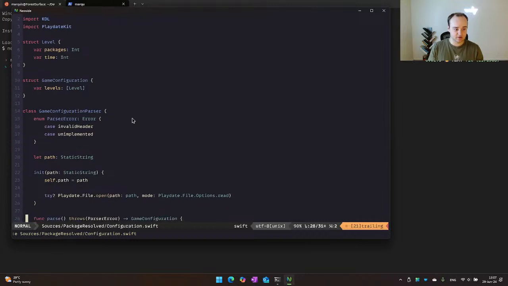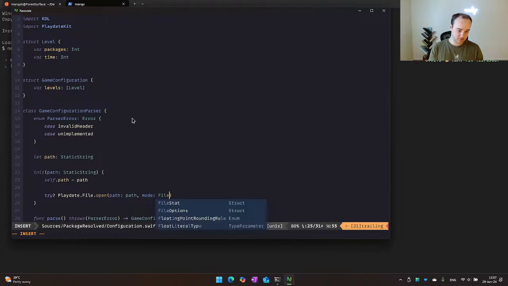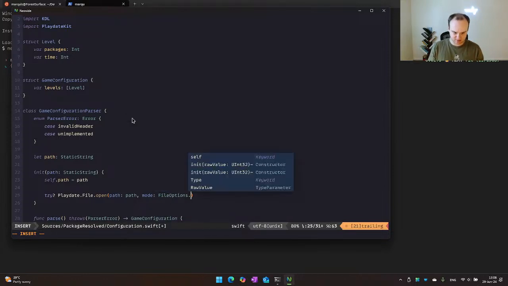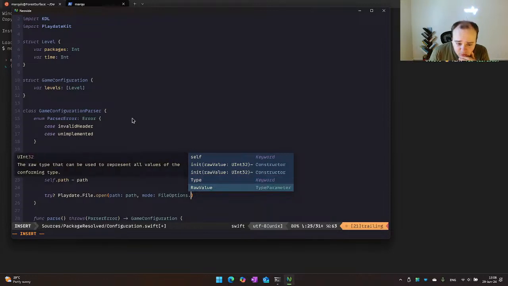Okay. Let's see. Are you going to be helpful this time? No. Oh, there it is. File options. File options, type, raw value. Huh.